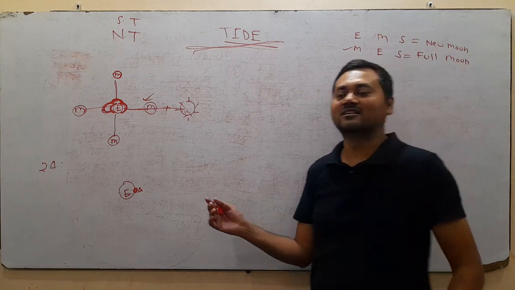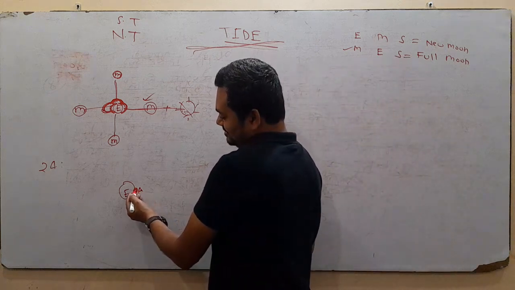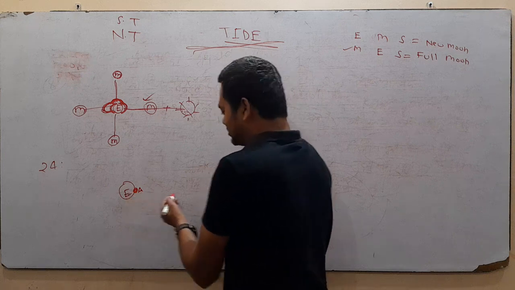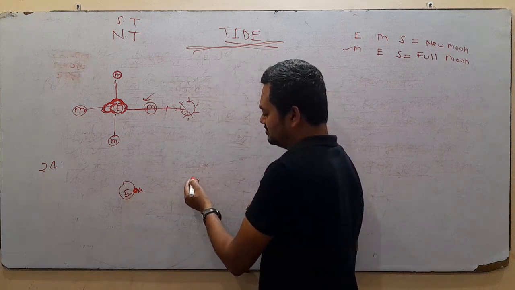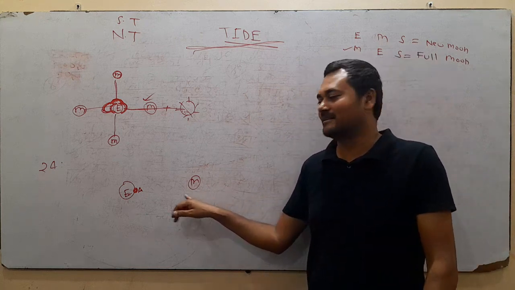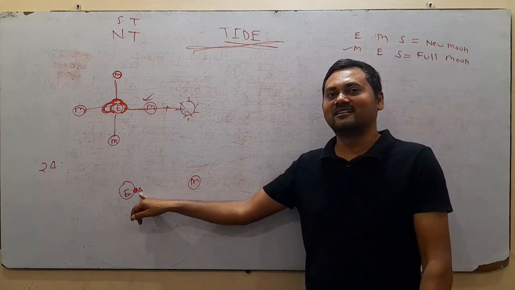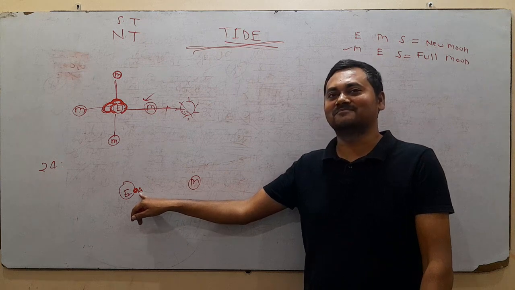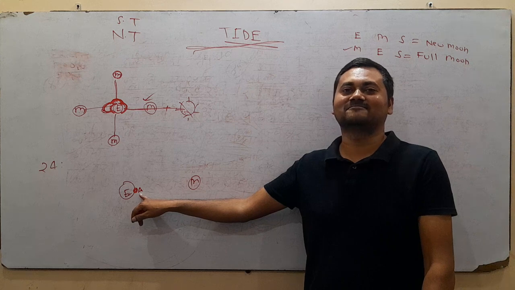So in this position, let's assume, the moon is there, as the moon is the fundamental factor. So the moon is there, the earth is there, and this place A